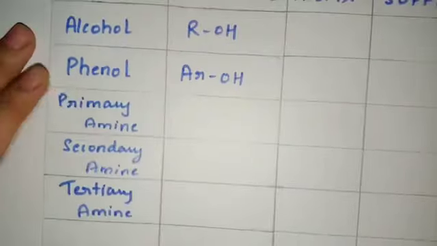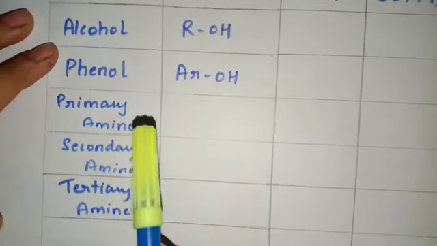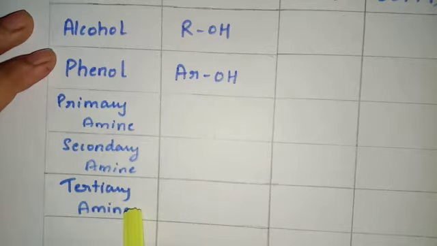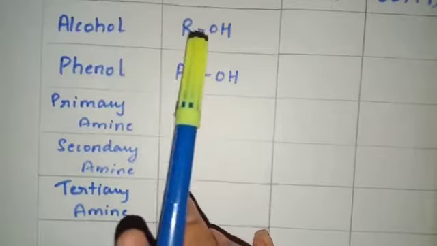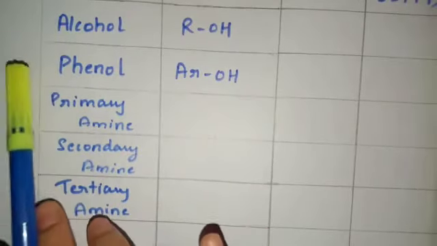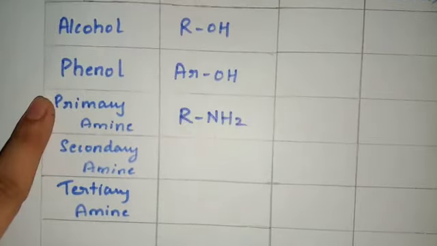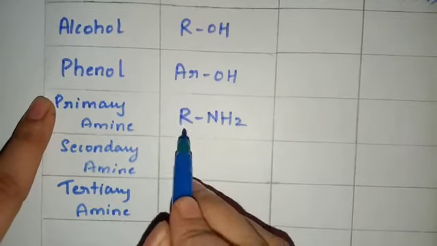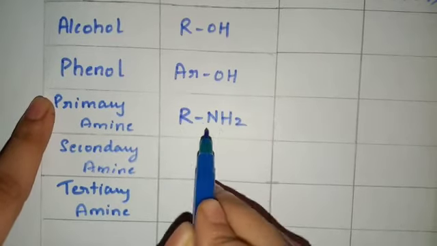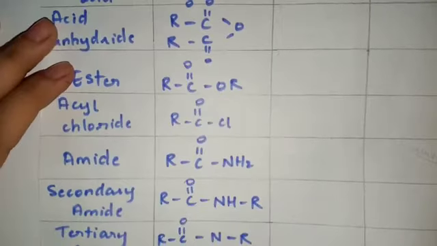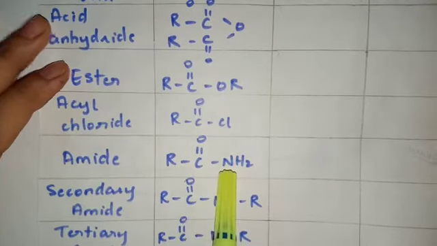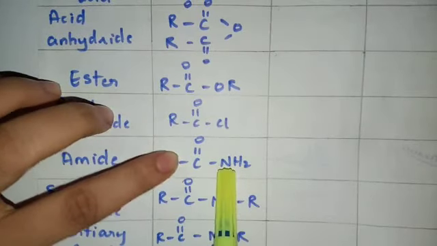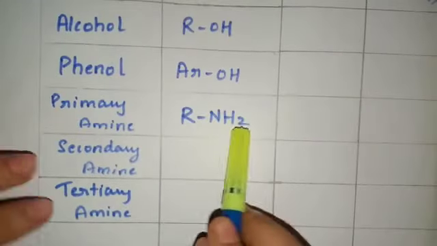Students, next we will be seeing the compound amines. Even in amines we have primary amine, secondary amine and tertiary amine, just like how we had primary, secondary and tertiary amide. So please don't get confused between amide and amine. This is the formula for primary amine, RNH2. This NH2 group is amine, whereas if you all remember your primary amide, its formula is RC double bond O NH2. C double bond O NH2 is amide, whereas only NH2 is amine.